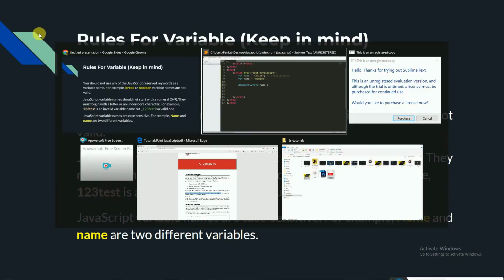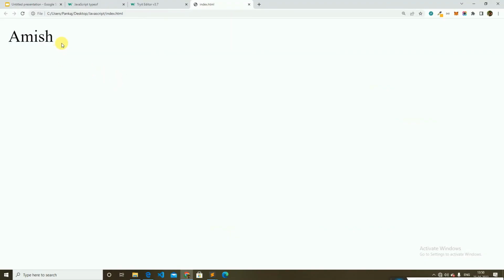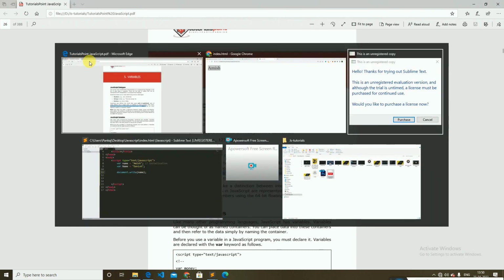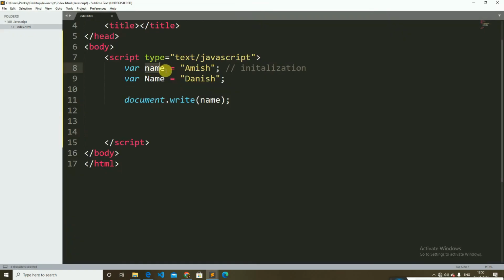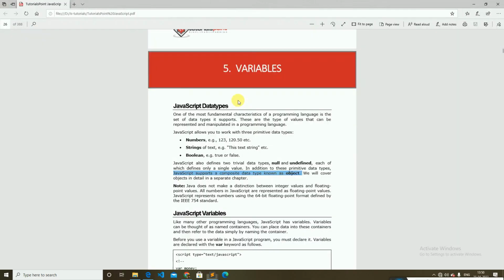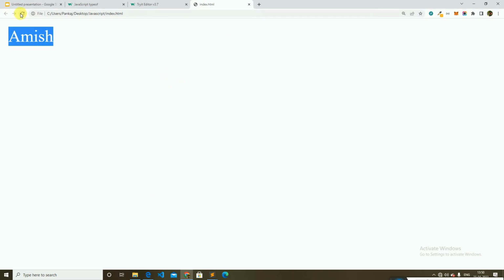Now you can see it prints the value of the variable name which is in small case, and if you're going to print this variable, it will print the Danish one because